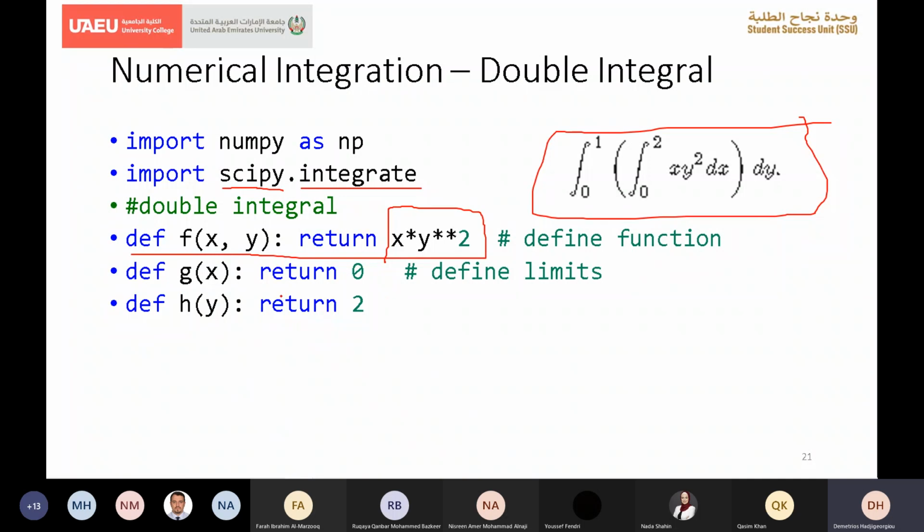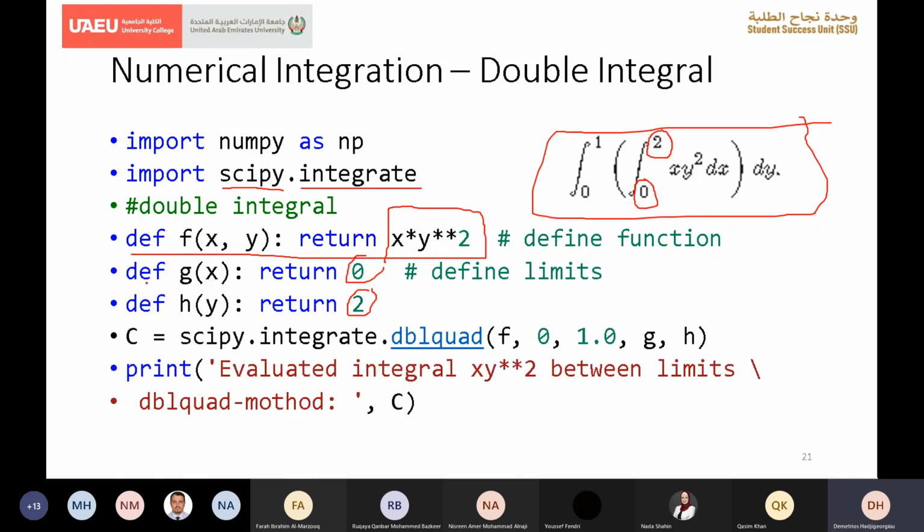These are what I call one-line functions, and all I'm doing is creating the lower limit, which is this 0, and the upper limit, which is this limit here, as a function. And here now I'm using the double quadrature